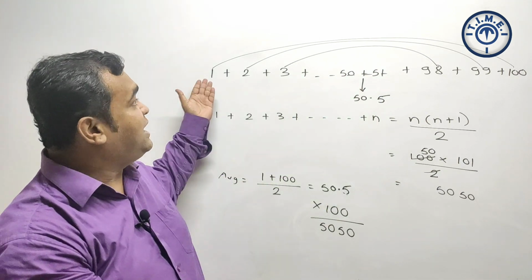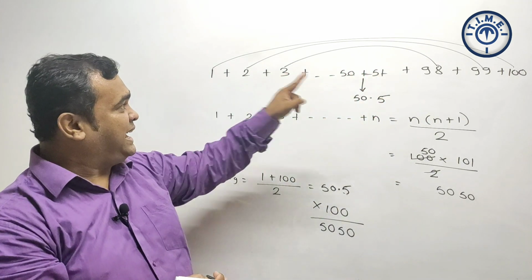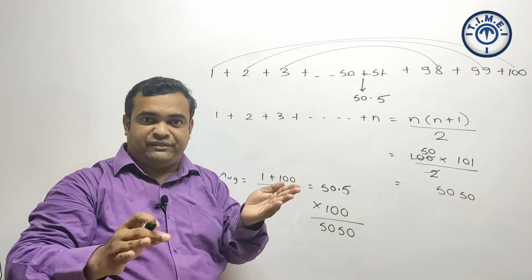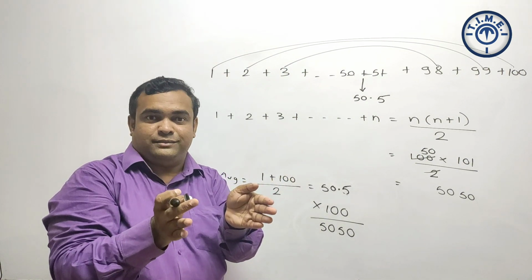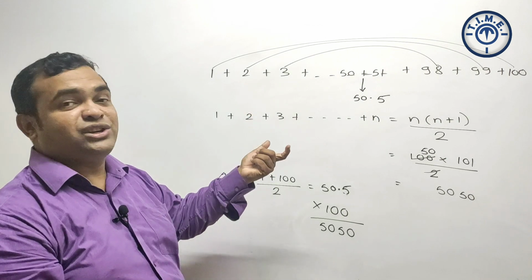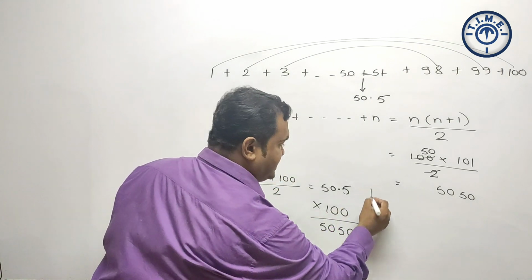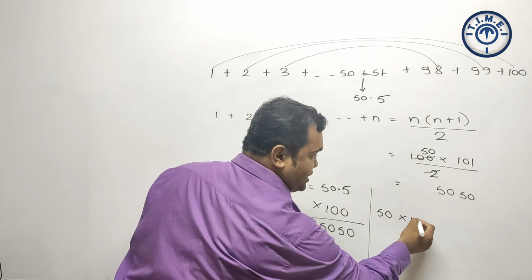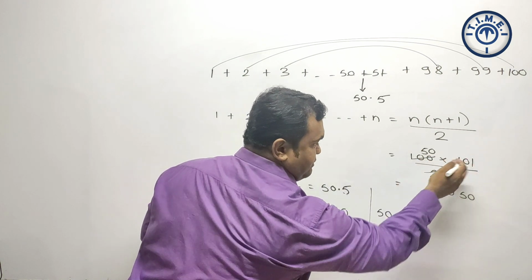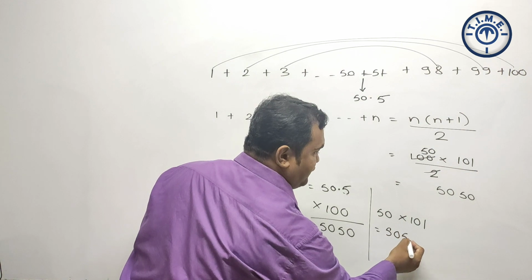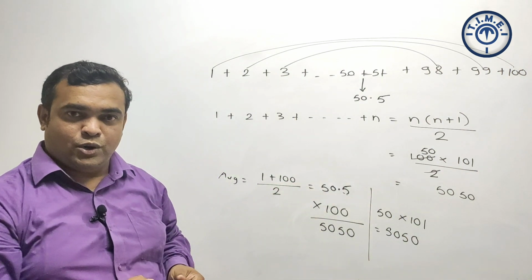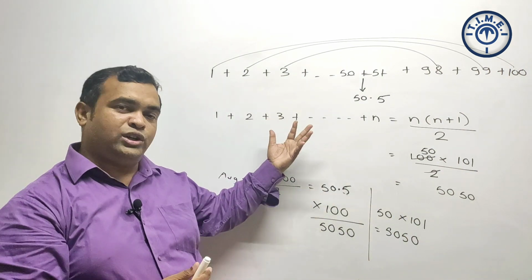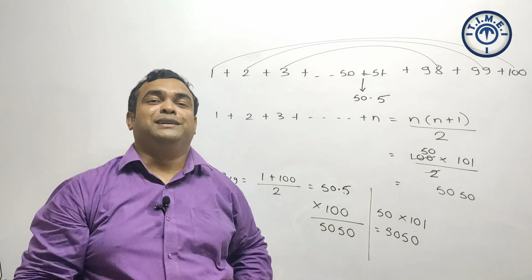So basically first number and last number, addition 101. Second and second last, addition 101. Third and third last, addition is 101. So can I say there are 100 numbers? If I pair them like this, 100 by half, I'll get 50 pairs, and each pair's addition is 101. So their sum will be 50 pairs and every pair addition is 101. That is the same thing, I'll get the answer as 5050.